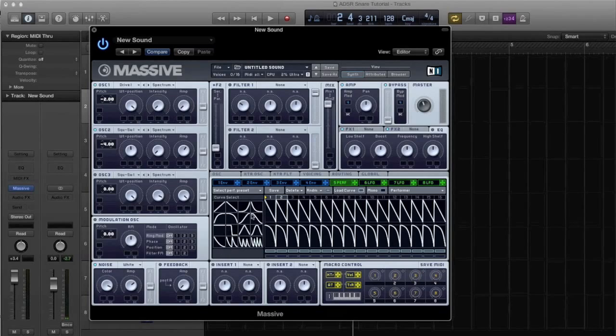Hit load curve, take this one right there and grab that onto the first one, turn it all the way up, and now take the straight line and put that in point 2, and then drag it just a little bit under halfway. And now we have pretty much all of our modulation with our LFOs and envelopes done, except